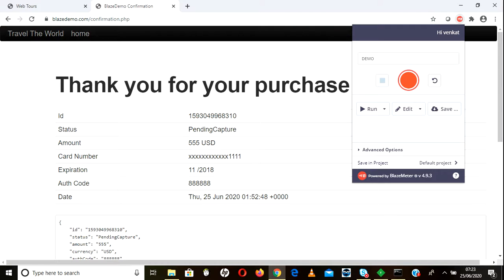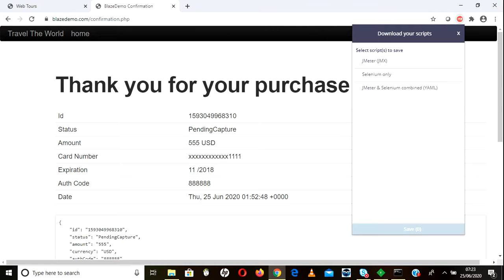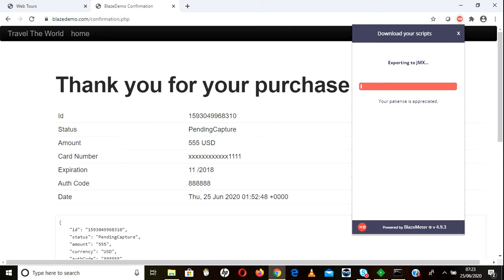Okay, so as soon as you save it, you choose which format you want. So we want JMX, right? JMX you will get only here, you want only blazedemo, right? You don't want this one, so select which files to be included. So I want only blazedemo.com to be included. If you don't want this one, remove that. Okay, so now only blazedemo requests will be coming. Okay, so where you want to save? By default it will be downloaded to the downloads folder.